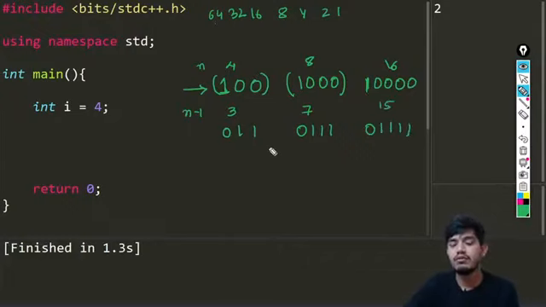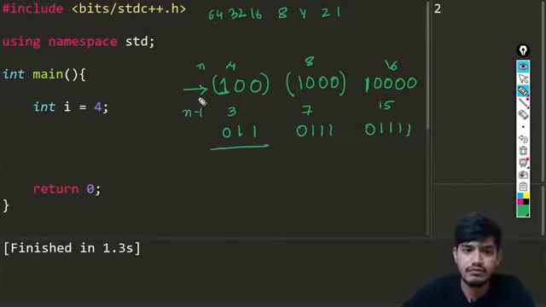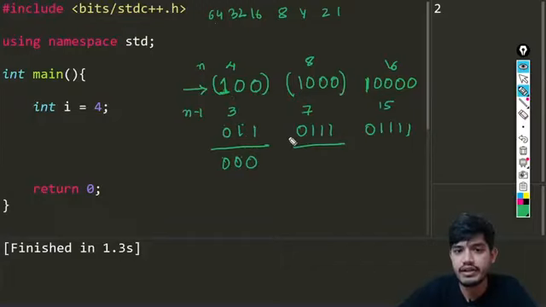Now one thing you can observe is that if you take an AND operation of n and n minus 1 and you are getting 0, then you can always tell that the number is a power of 2. So what happens if you take the AND operation of 4 and 3? You will be getting all the values as 0. This is 0, this is 0, this is 0. For this also, if you take an AND operation, you can see all the values will be 0.